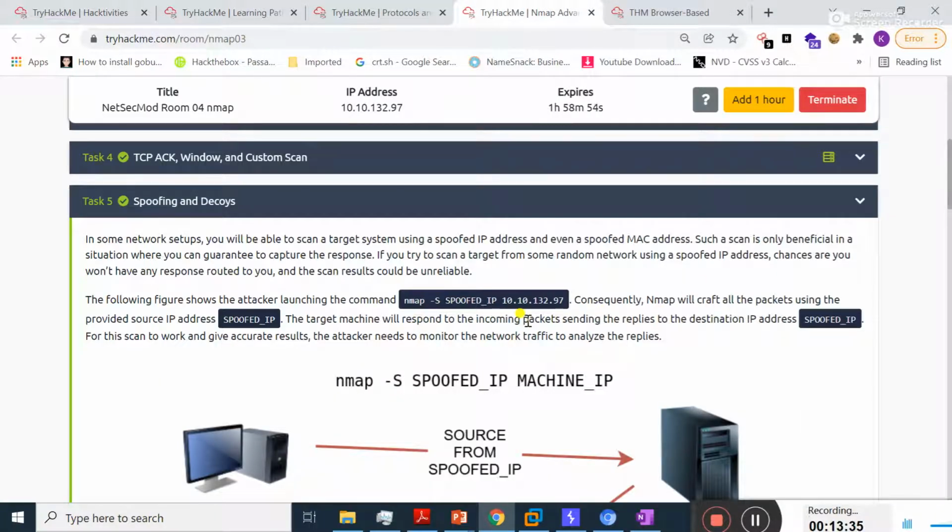This is the method of how you can perform a spoof scan against your target machine. This is not your real IP; this is the fake IP address, and this is your victim IP. And press enter. Right now, as I use a random victim, this does not display the result correctly, but the method is this one.